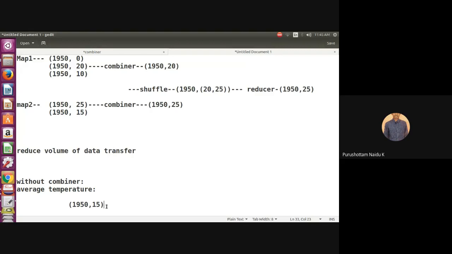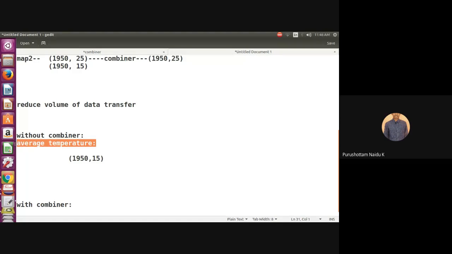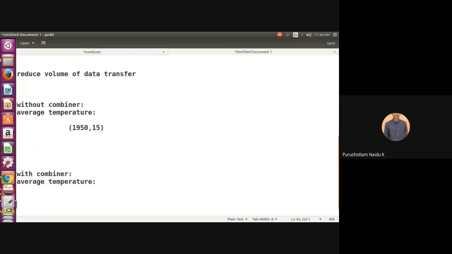Does it give the correct result or not? Let's check. The combiner acts as which one? Reducer. So if you're using the combiner, with combiner, I want to calculate the average temperature.